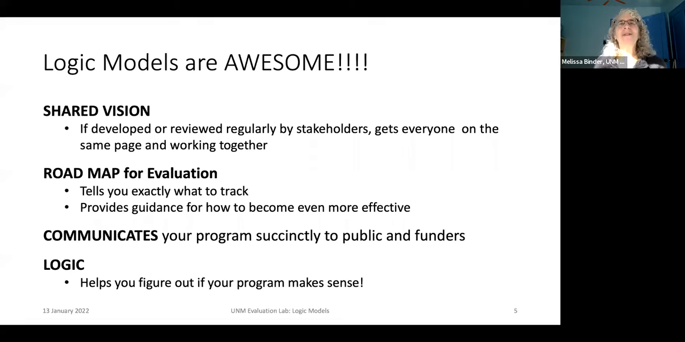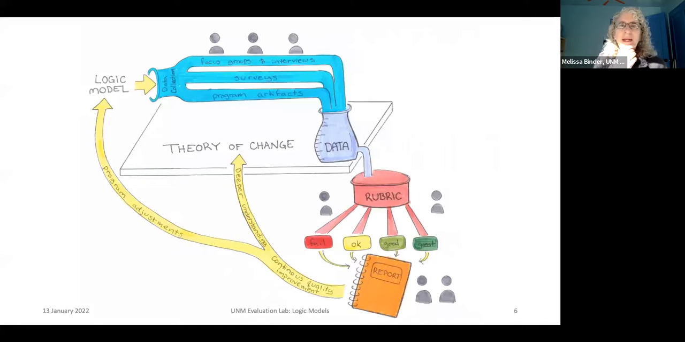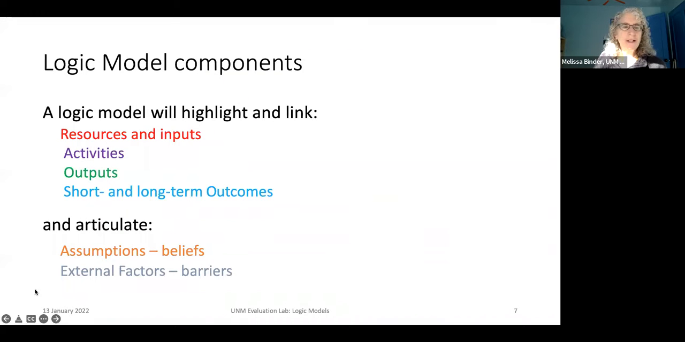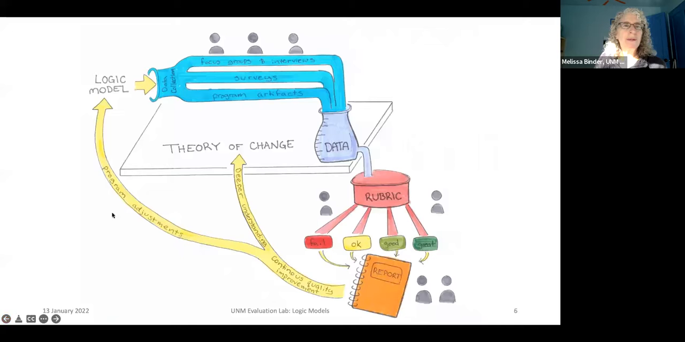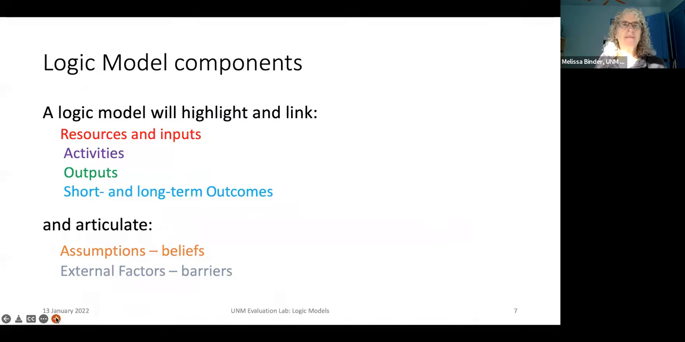It really helps you think through very carefully what you're trying to do and how. And I'm just showing this evaluation system picture again, just to emphasize that the logic model is really the starting point. That's what we need before we can even do anything. So we're going to show you a standard logic model